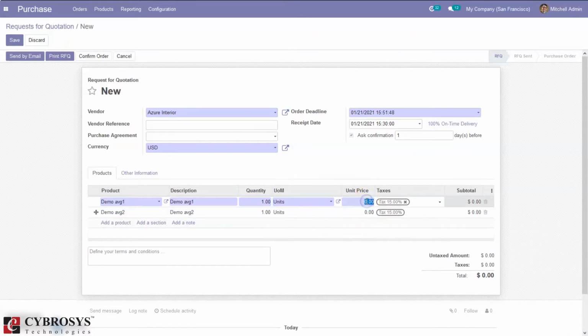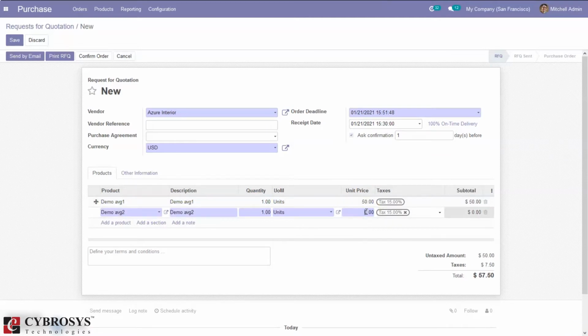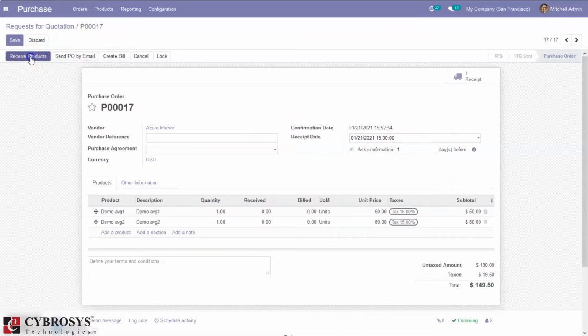Okay, so here we can set a unit price. So I'm setting 50 for demo average 1 and 80 for demo average 2. Then let me save this and confirm the order. So after confirming the order, receive the products and validate it.